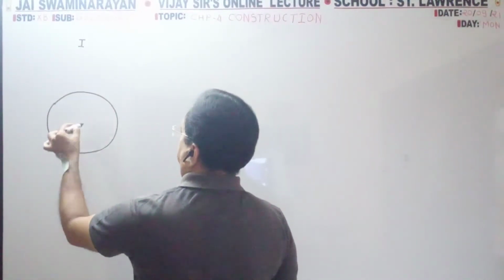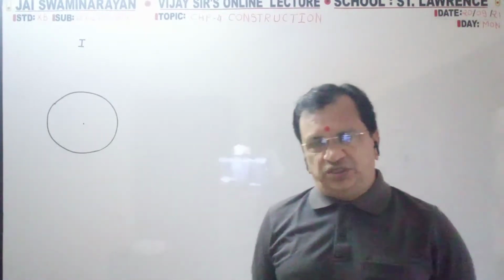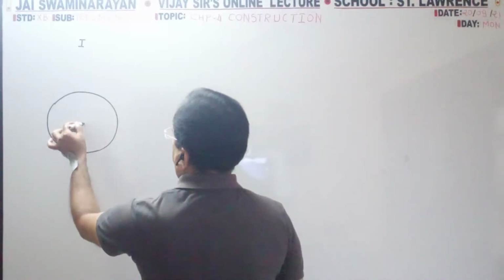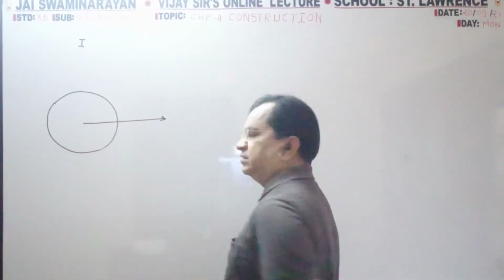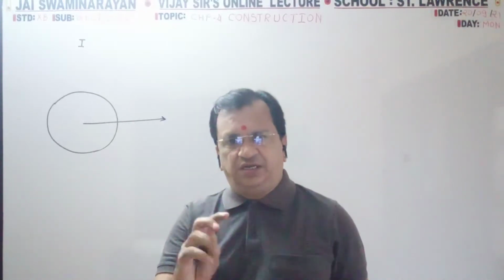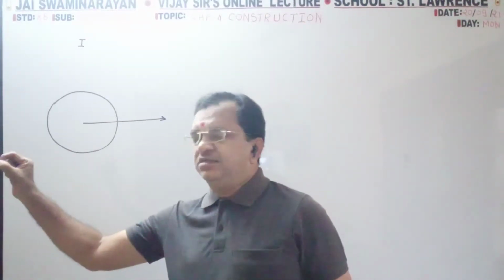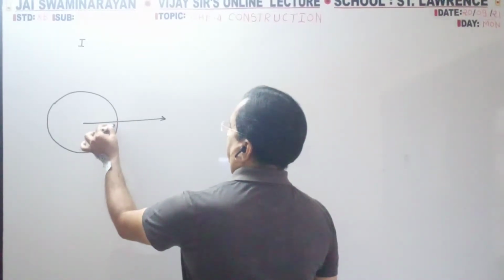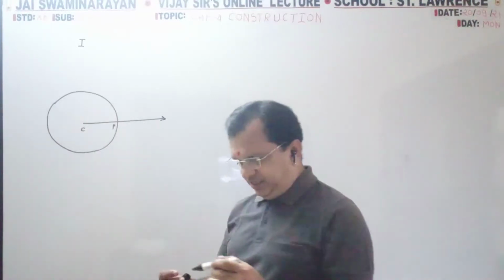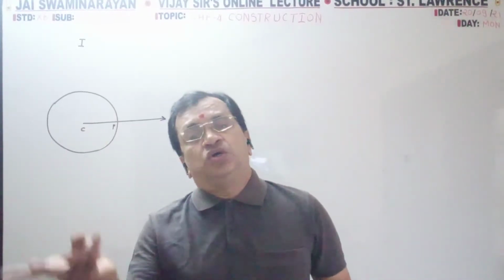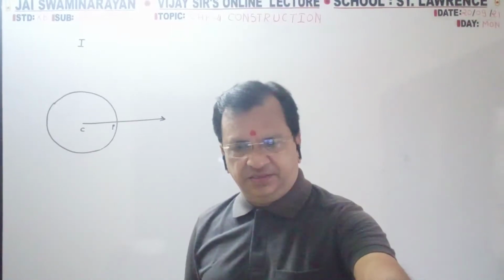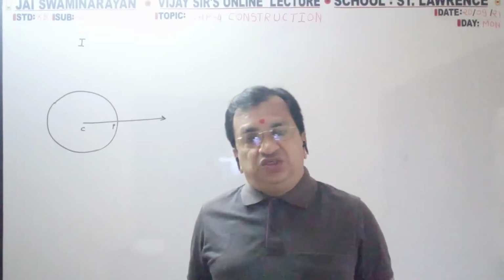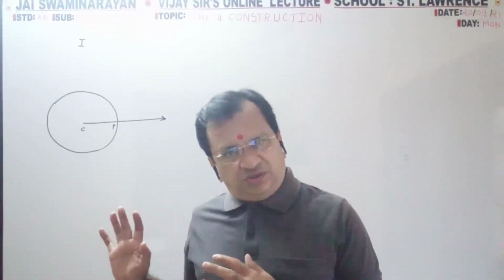The radius will be given. Draw the circle. From that point, first draw the circle. From the center, draw one ray. So automatically you will get P as a point. C is the center, P is a point on the circle. Now we require a total of 6 arcs on this particular diagram.